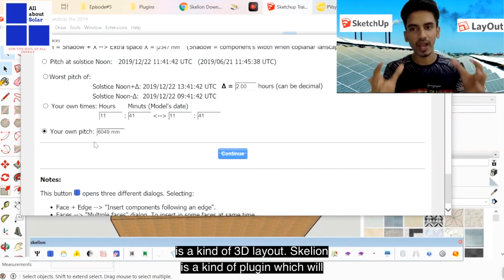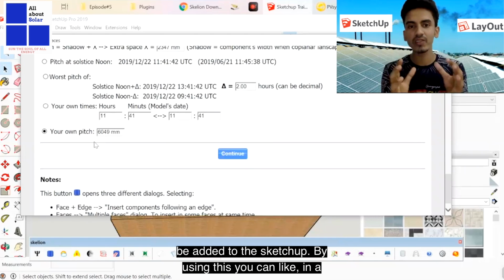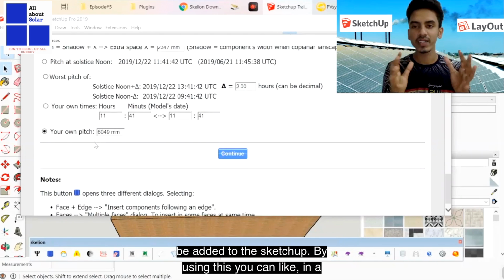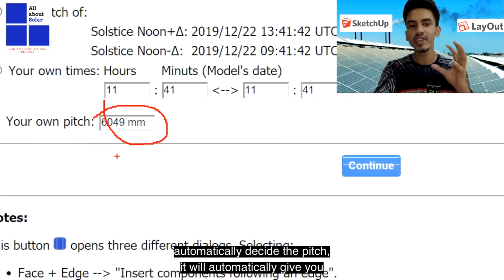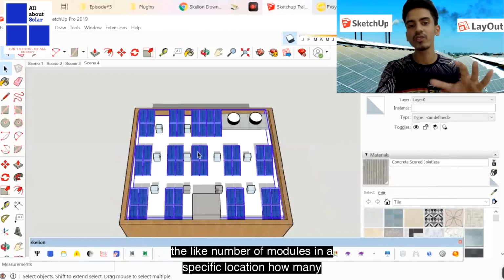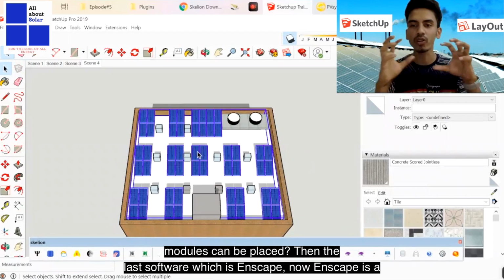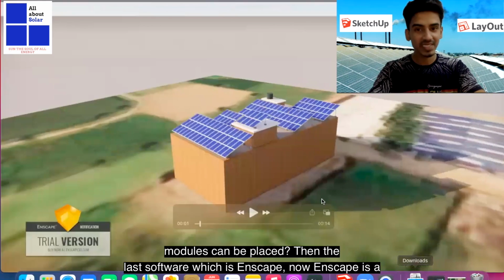Scalion is a plugin that is added to SketchUp. When you use Scalion in a specific location, the software will automatically decide the pitch and give you the number of modules that can be placed there. Then the last software is Enscape.